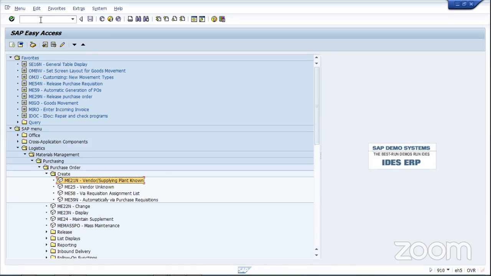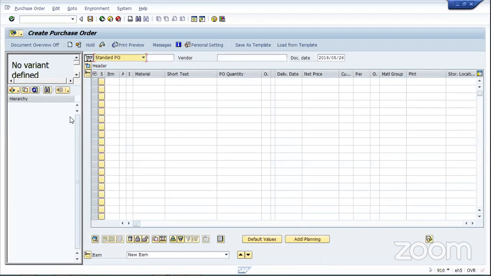If I put in ME21N in this transaction field, and I hit enter, the system takes me to the purchase order screen. So as I was trying to explain, you can either go through the long process of the menu